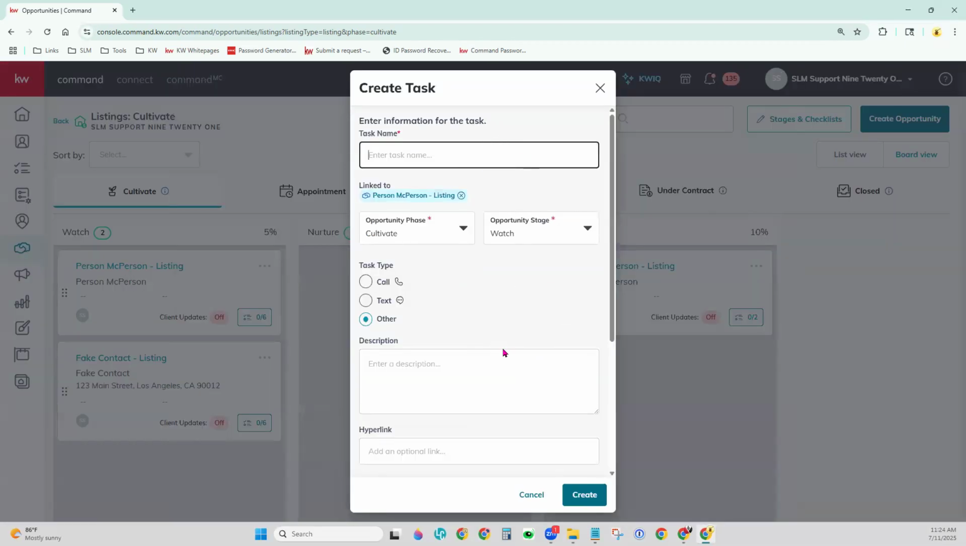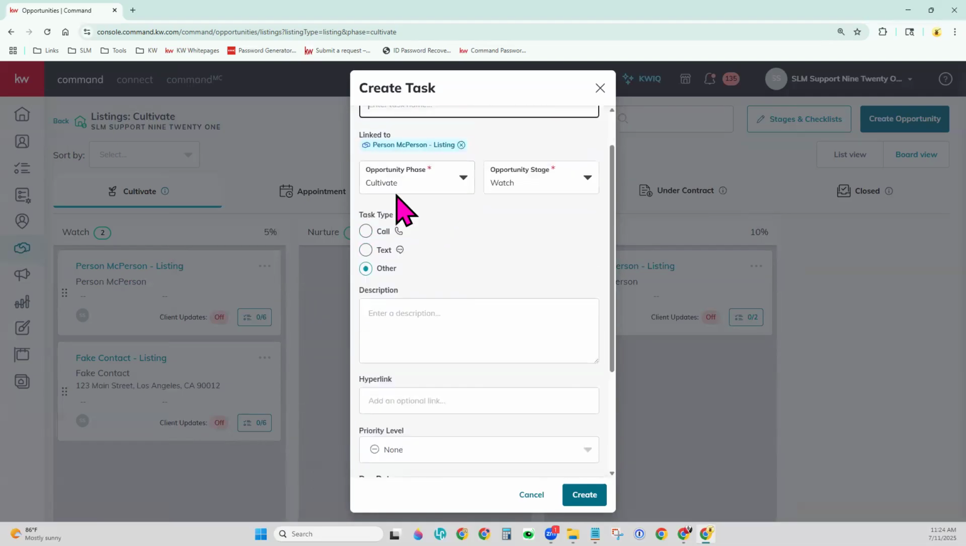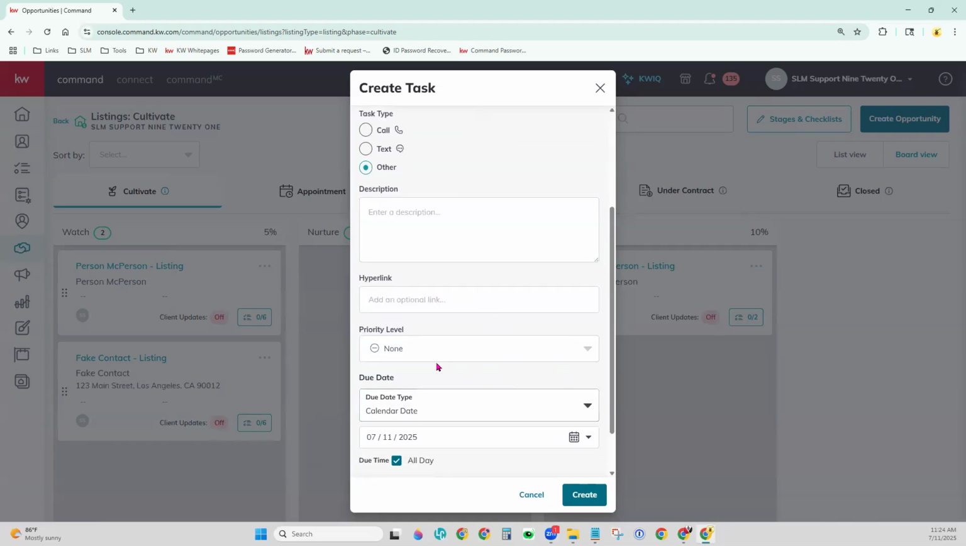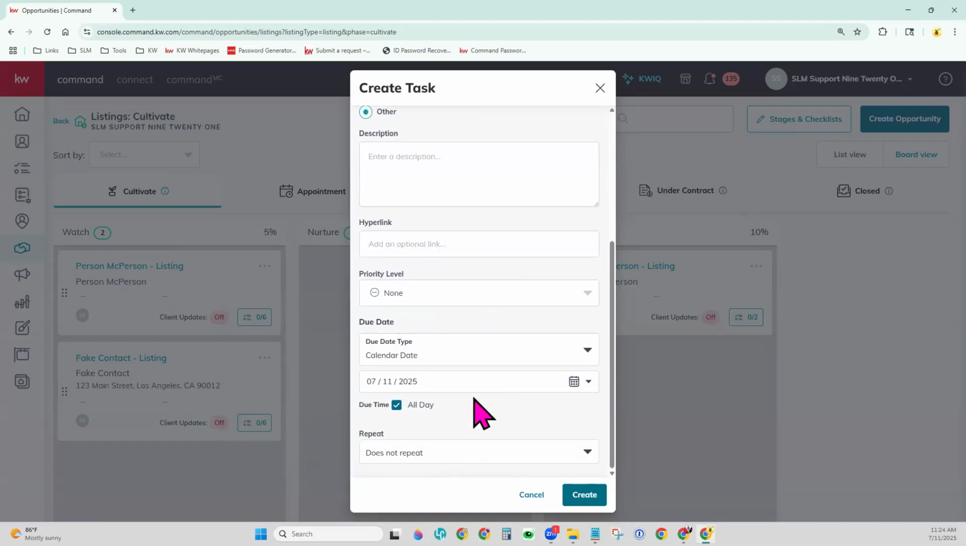And it's the same view that you get when you try to create a task. You name it. You can choose what phase it's for and what stage, whether it's a call, text, or other. You can fill in the description, add a hyperlink, set your priority level, and schedule those tasks. The beautiful thing about an opportunity task like this that's a little different, you have a few scheduling options right